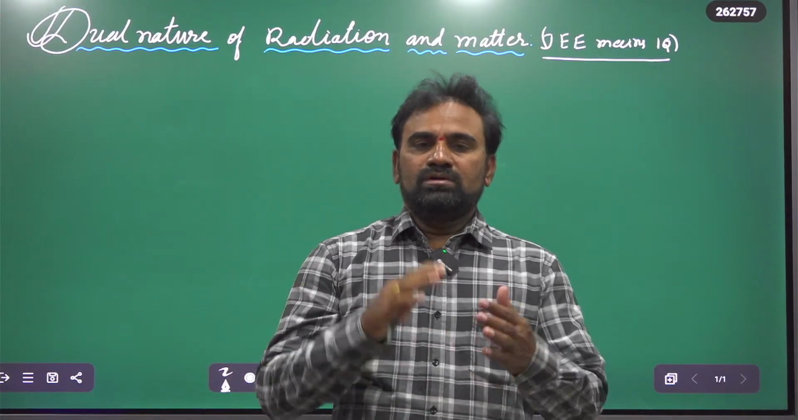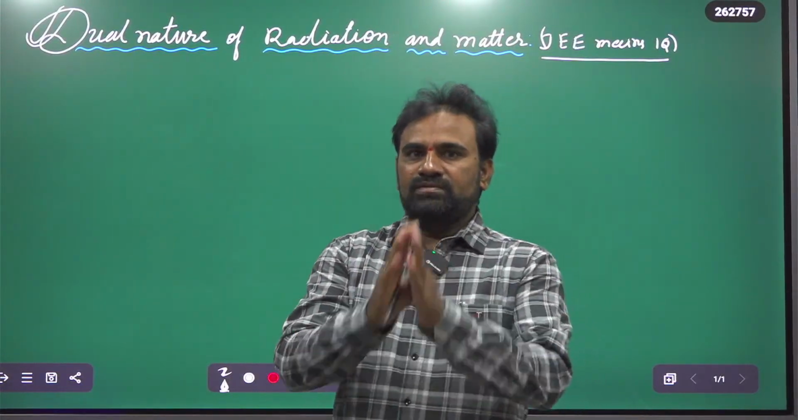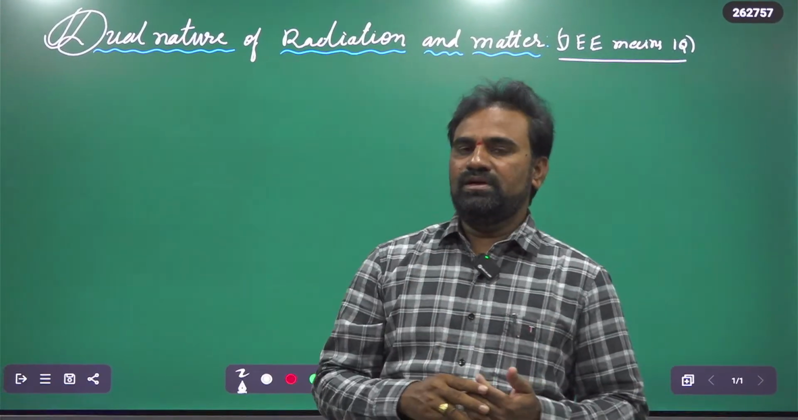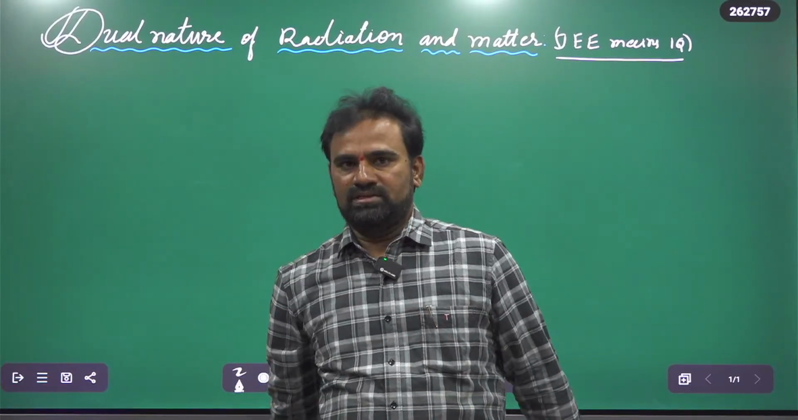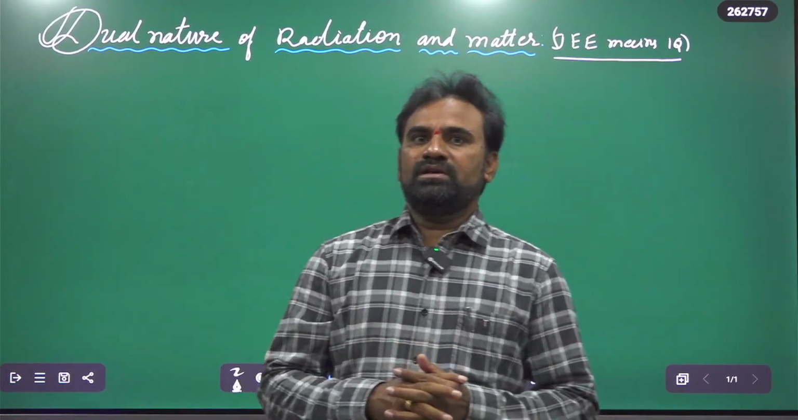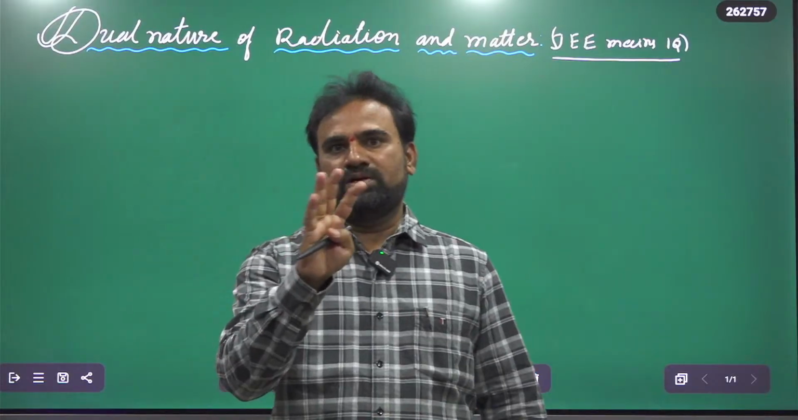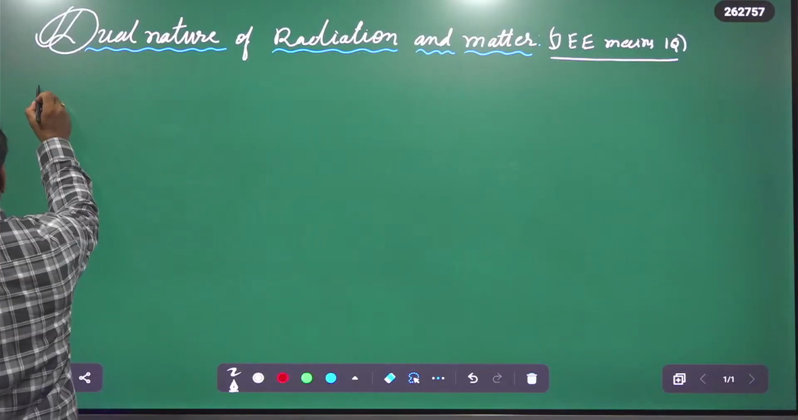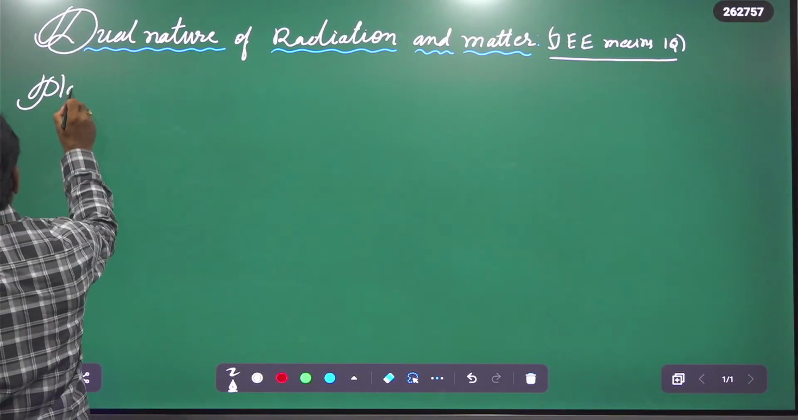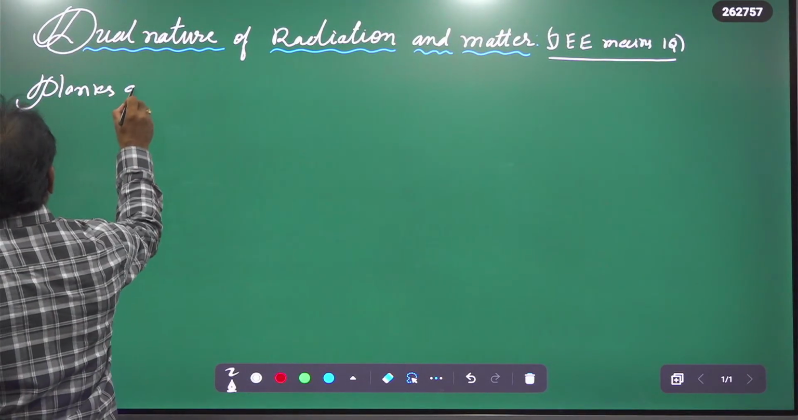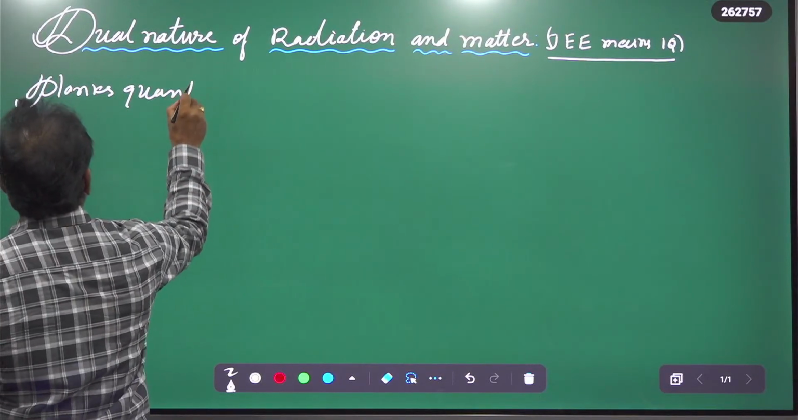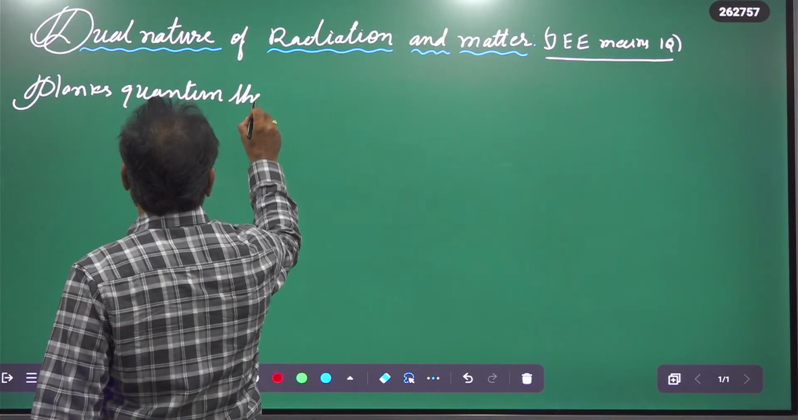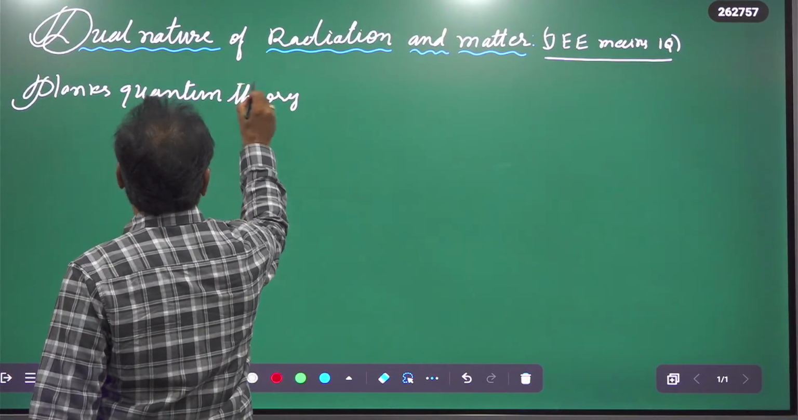In this lesson, we will particularly discuss the photoelectric effect, de Broglie wavelength, and various methods. Before going to that, first I have to explain the concept of the photon. Okay. Planck's quantum theory. According to this,